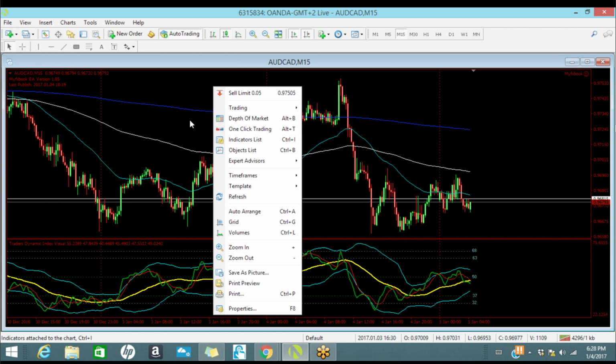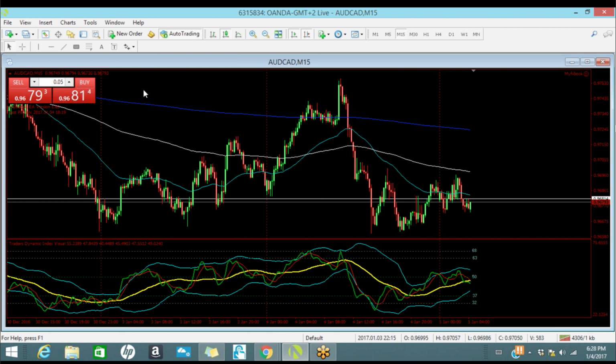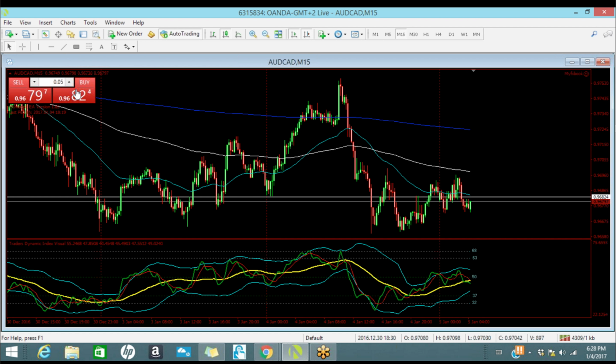You're going to go to where it says one click trading. Click on that, top left on the chart. This is going to pop up. So for those that have never placed a trade on the MetaTrader 4, when you try to click it, and please don't click it if you have a live account and you're funded,